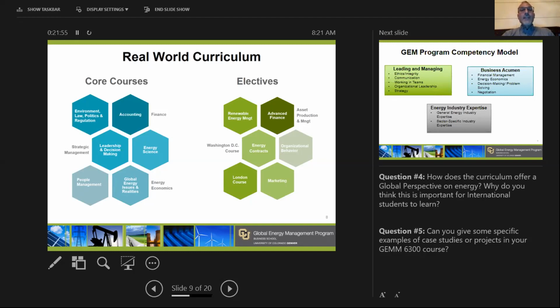And this is very important, again, because we communicate on a daily basis. Even if I work, for example, with a company in Arabia, I need to communicate with energy companies that are US-based or European-based, and so on and so forth. So given the holistic perspective that the GEM program gives, I think it would be very interesting and very attractive to international students to enroll in.